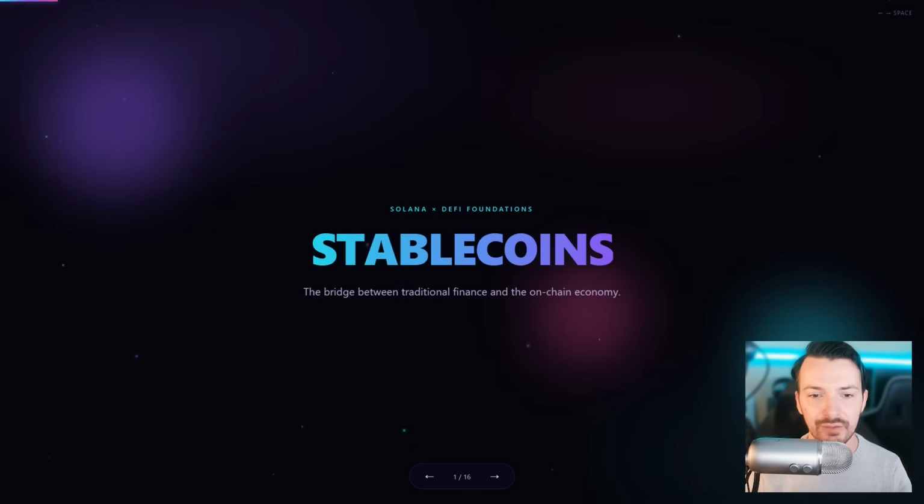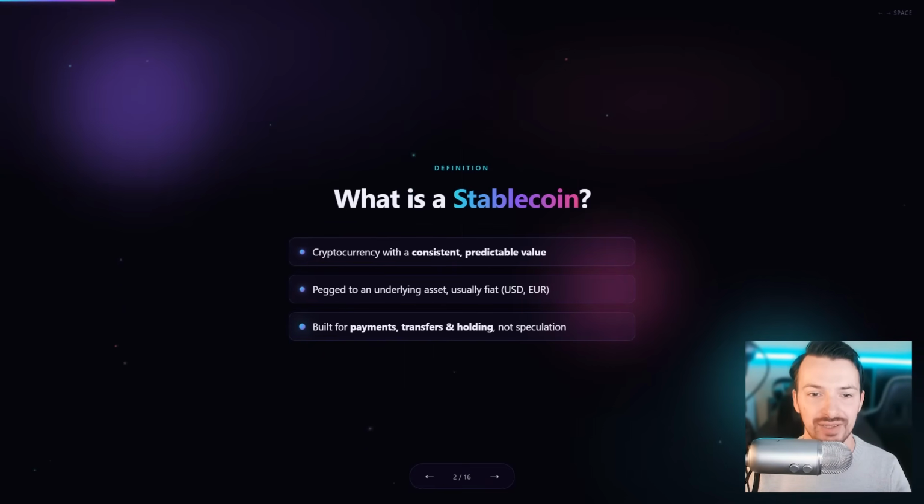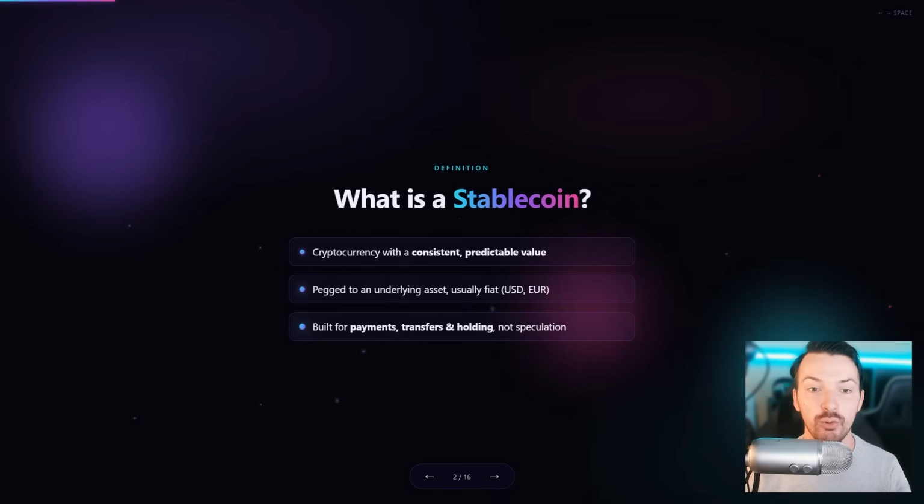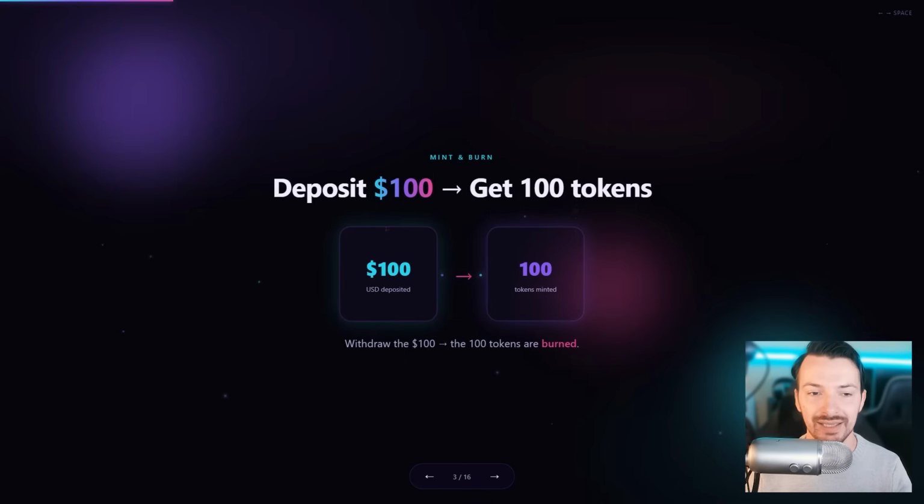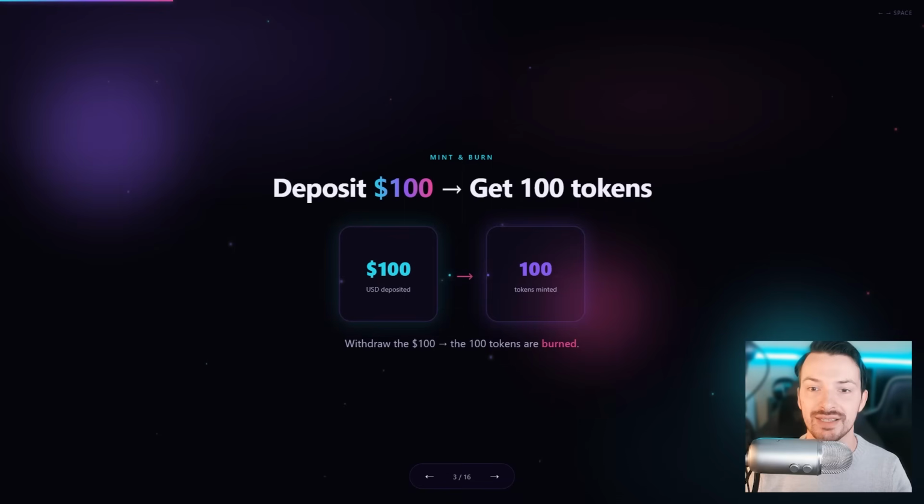Alright, so if you're new to DeFi, it's important to know some basics, and one of these basics is stablecoins. So what exactly are stablecoins? Basically, they are cryptocurrencies created to maintain a consistent value and price pegged to an underlying asset. Most stablecoins are pegged in value to fiat currencies such as the US dollar and the euro. Now, what does that mean? It means that if someone buys $100 worth of a stablecoin, 100 tokens are minted. And if that same person withdraws these $100, these 100 tokens are burned, primarily, of course, through authorized issuers